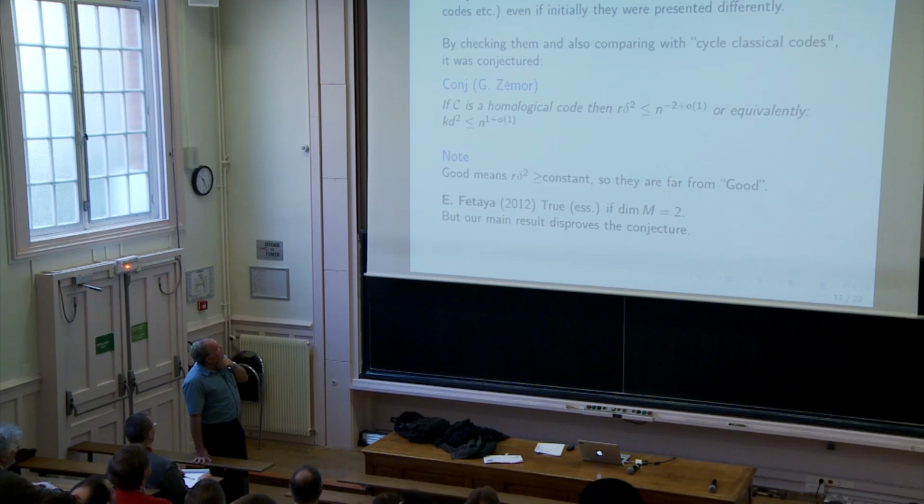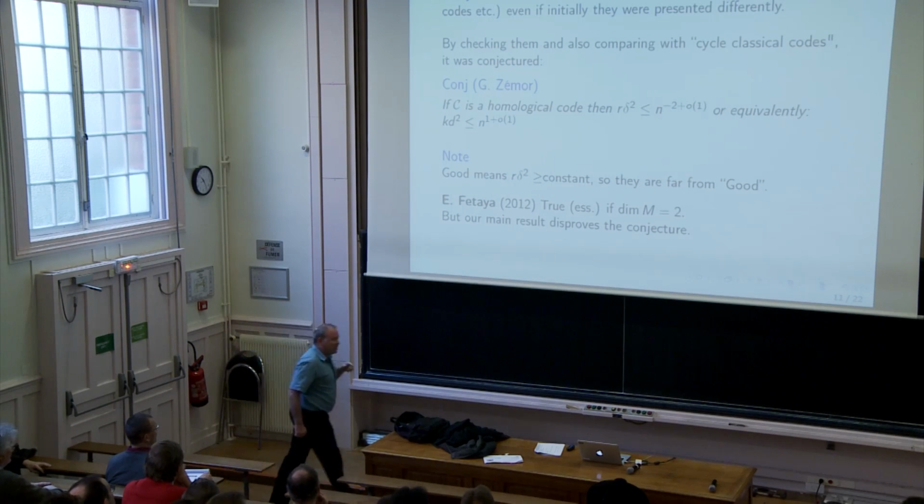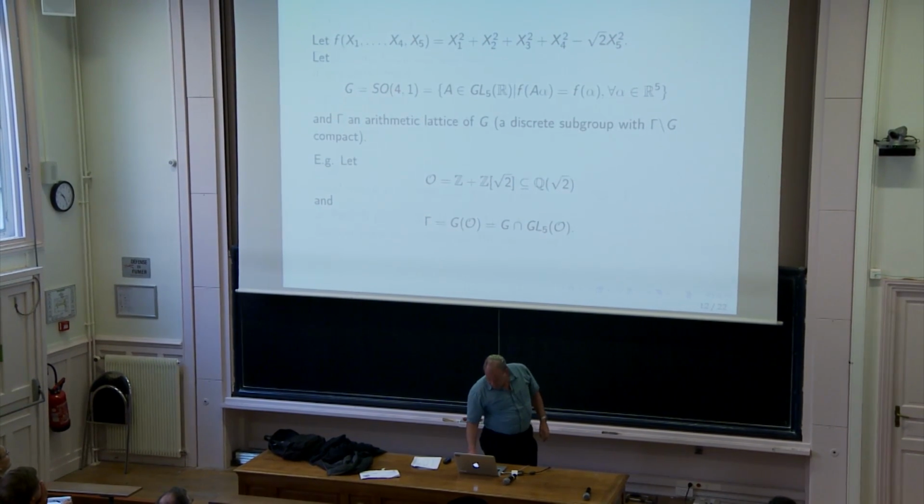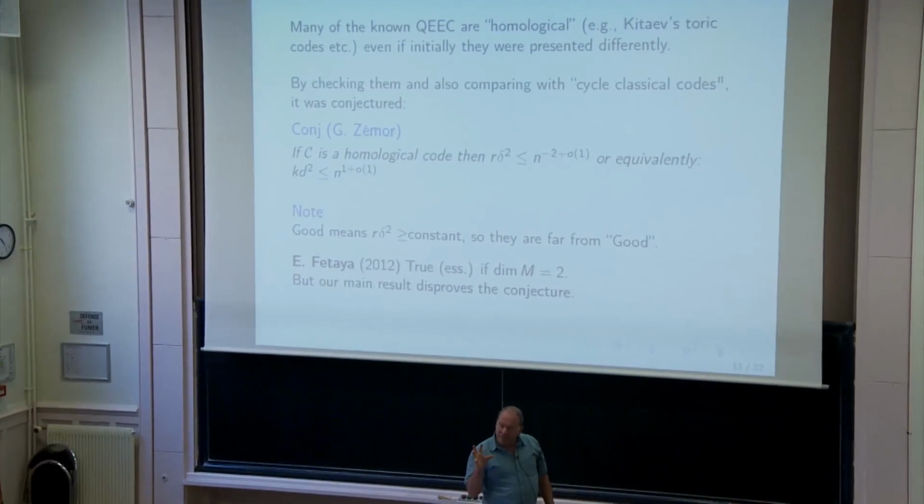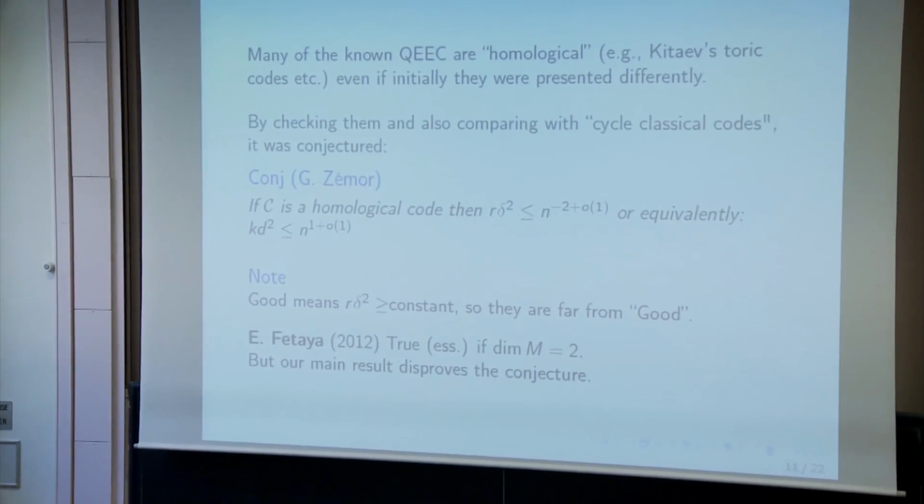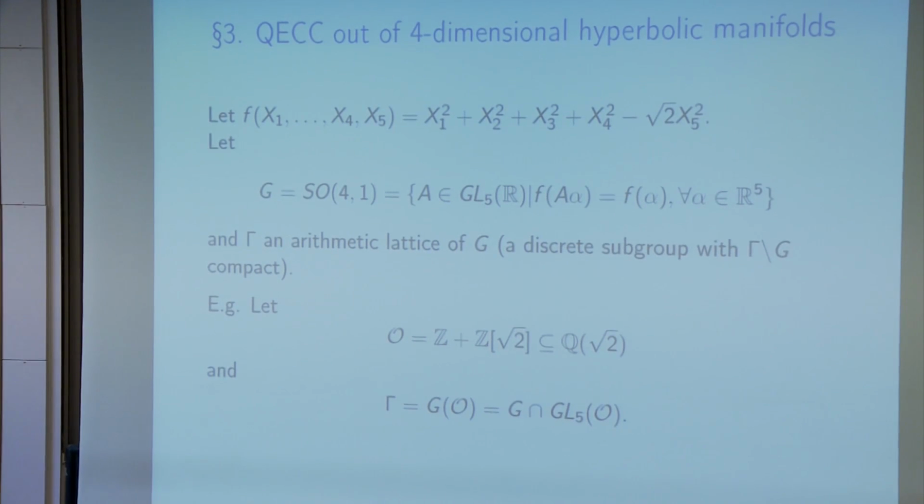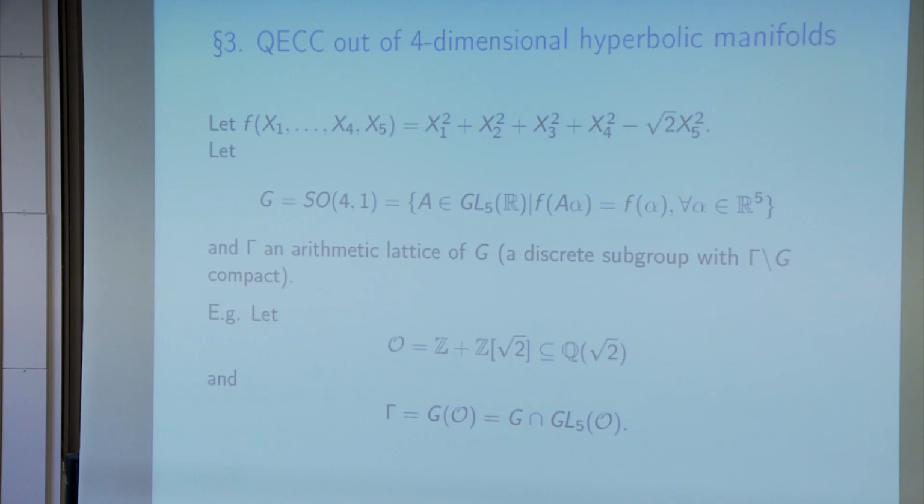A student of mine, Eitan Fataya, in fact proved this conjecture, essentially, if you start with triangulations of manifolds, of surfaces of dimension 2. But our main results disprove the conjecture, though don't be too excited, because it disproves it only by very little. But it has some, at least psychological, motivation, which I'll tell you. So what I want to present is a new family of homological quantum codes